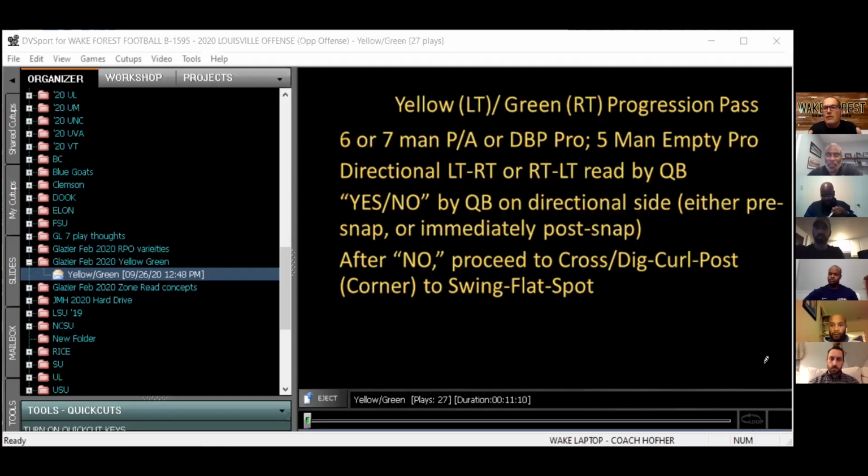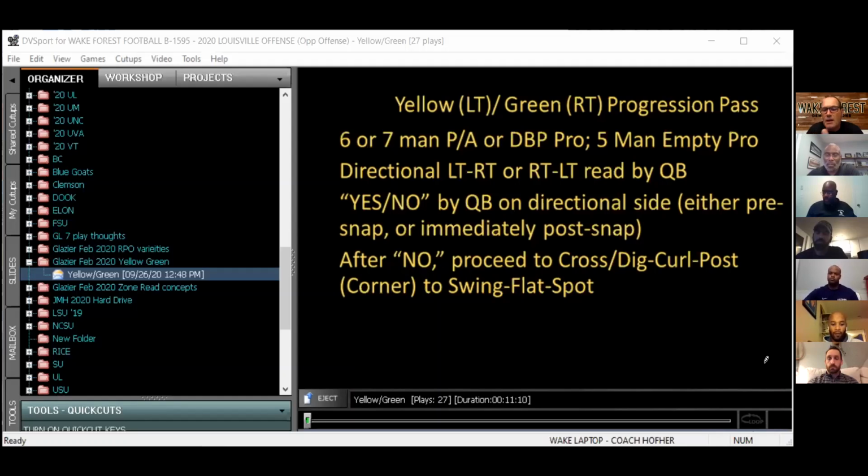But I think there's more to this, and I hope I'll be able to touch on it accurately for you, than just here's a play and here's a bunch of plays off of a play. I think there's more to it than that. So in my previous lives as a coach,